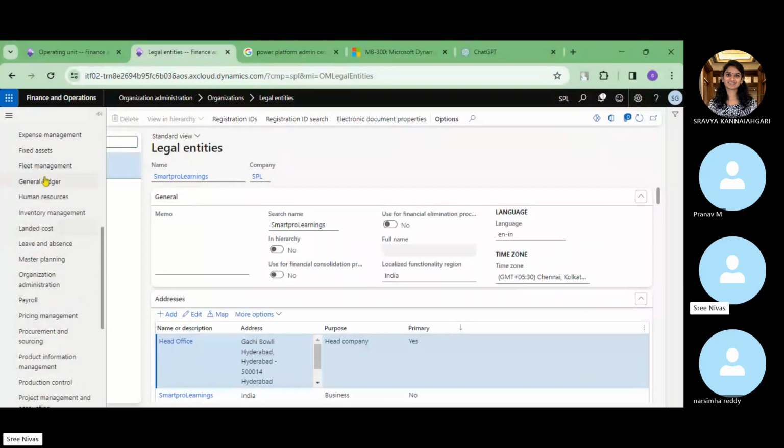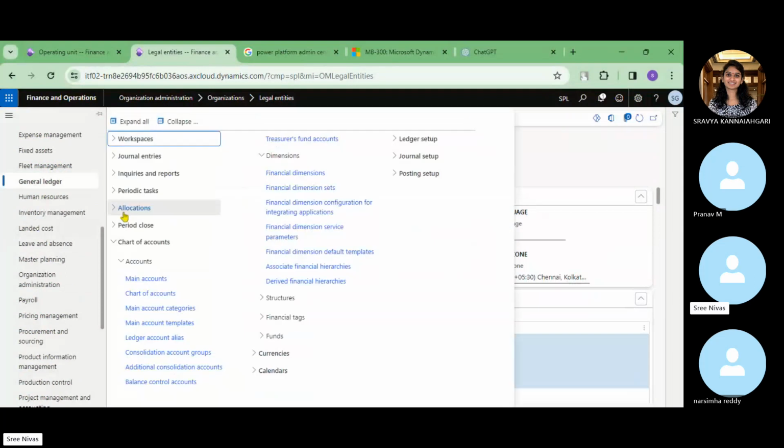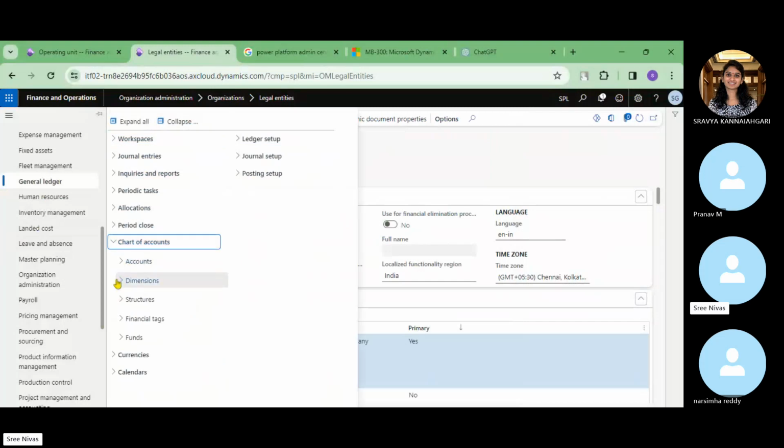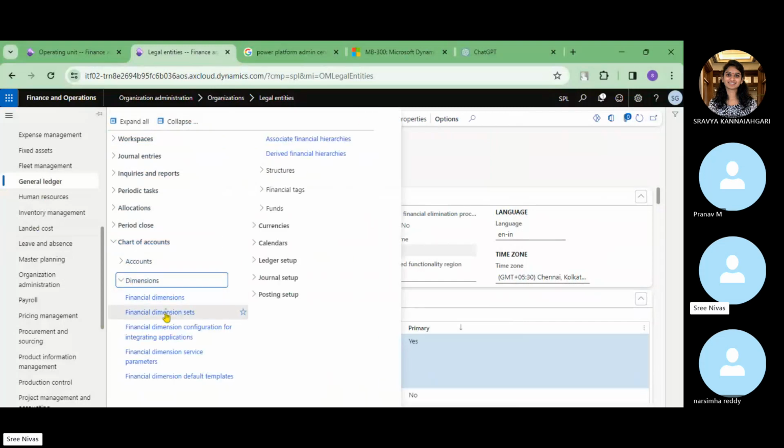So now we'll create the financial dimension sets that we have here. And what do you mean by set, financial dimension set? So these are basically used while pulling the... see, we have already created departments, and we have created, let's say, cost center, business units, and along with that combination, in case you want to give, let's say, while pulling the report,